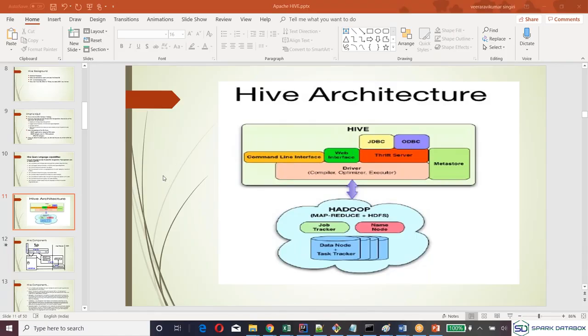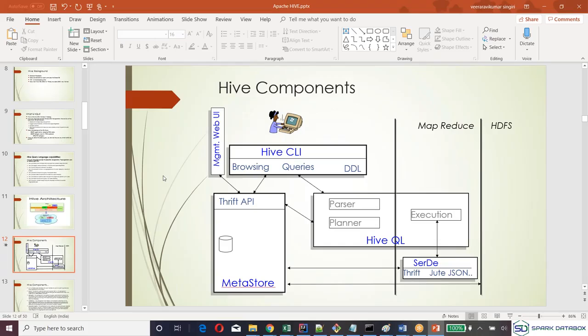Okay. Next, you can see this. This is how those components work. I'll explain in detail. This is the Hive query. You'll write your query either through the web or through the command line or whatever. Then those queries will be parsed, and the logical plan and physical plan are made. The plans will be executed using MapReduce. This MapReduce is on top of HDFS only. Before that, to process the data, you should get it from the Metastore. It'll get it from the Metastore.